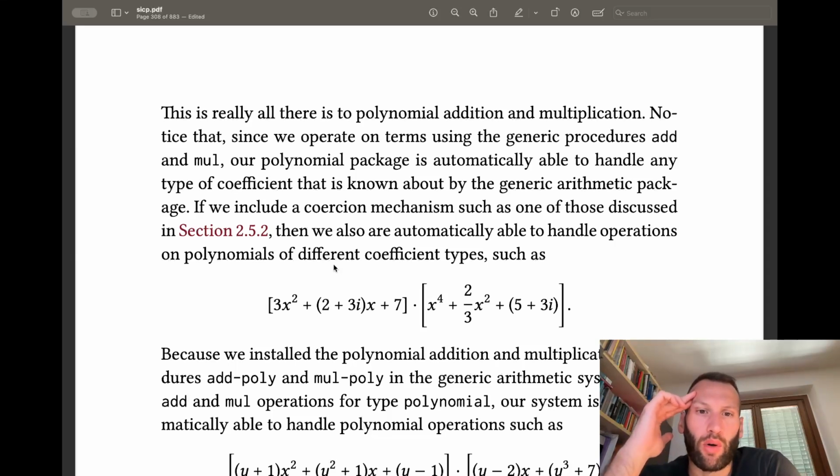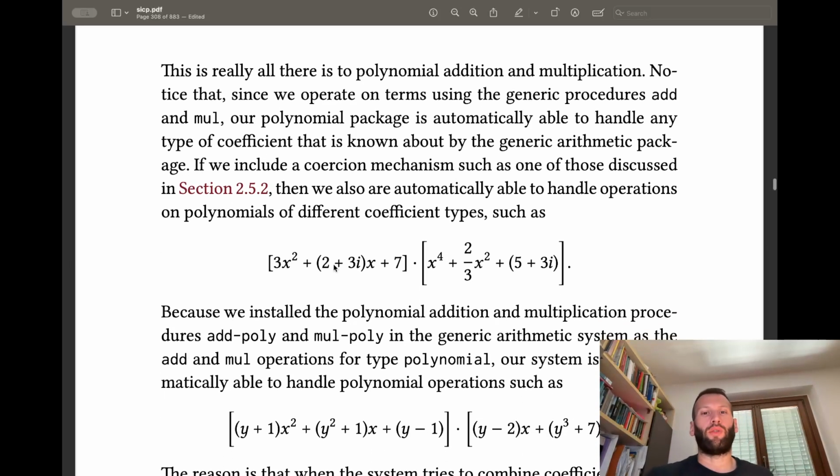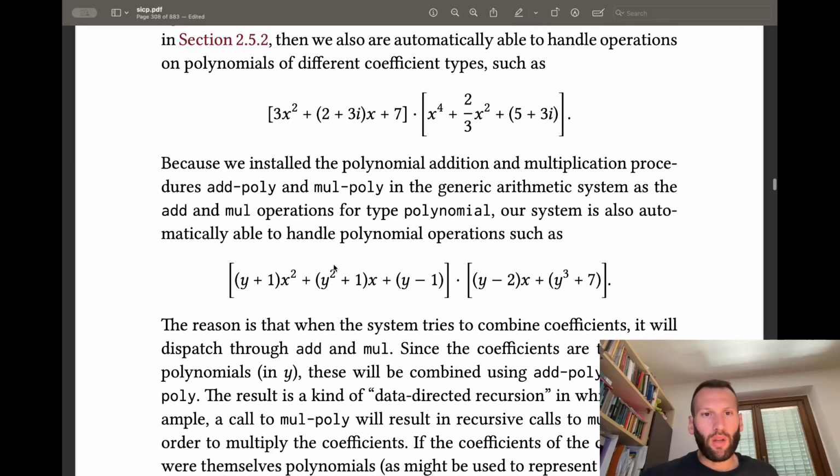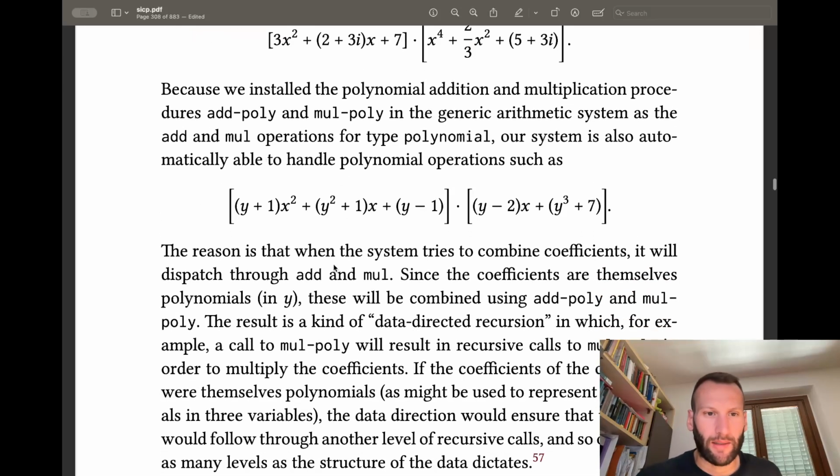If we include a coercion mechanism, such as one of those discussed in section 2.5.2, then we also are automatically able to handle operations on polynomials of different coefficient types. Because we install the polynomial addition and multiplication procedures add poly and mul poly in the generic arithmetic system as the add and mul operation for type polynomial, our system is also automatically able to handle polynomial operations such as